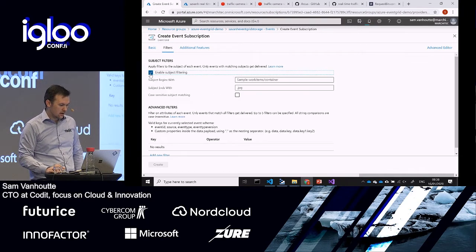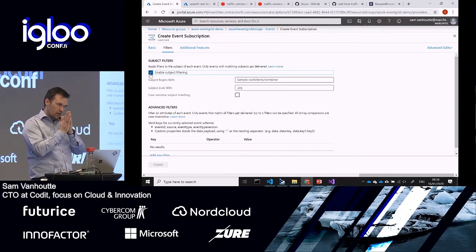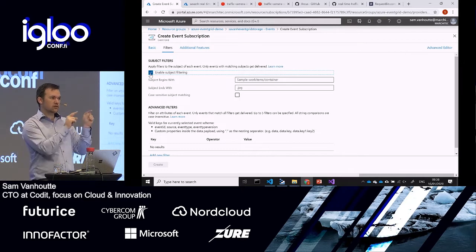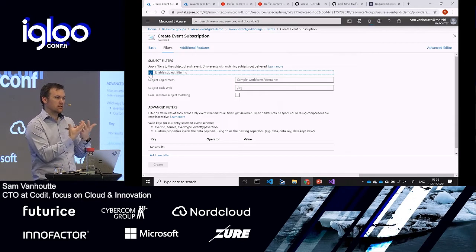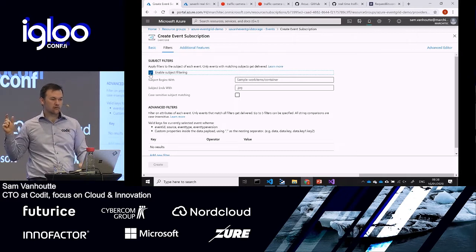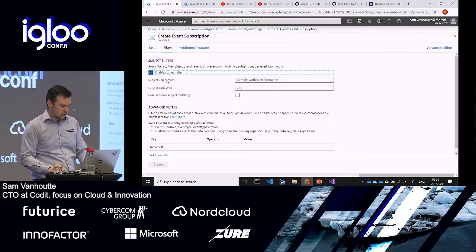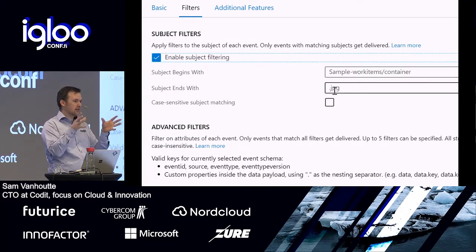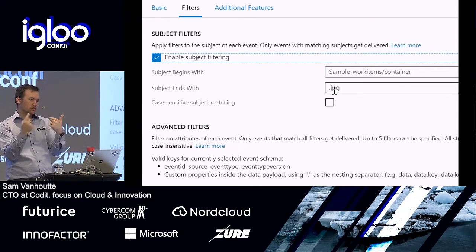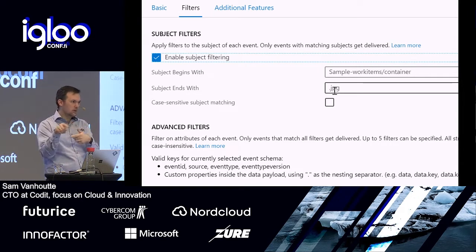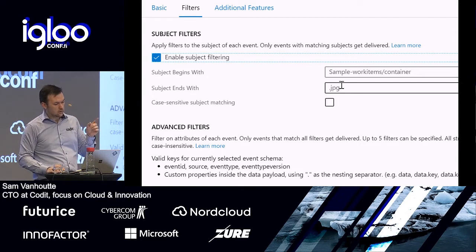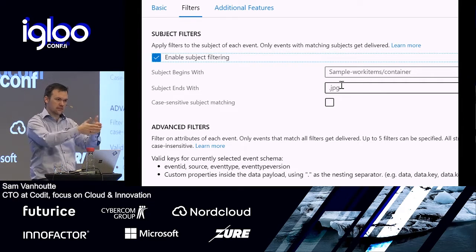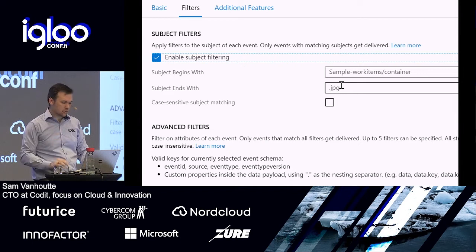If you think back about how the schema was looking like, it always contained a subject, and the subject refers to the actual originating publisher. Like in this case, you would get the blob file name. And you could say, the subject has to end with, for example, .jpeg, and you would have a handler that only handles the JPEGs. Maybe you have another one to do image transformation on the PNGs and so on. You can also say you want the subject filter to do starts with, because there you have the container, for example. So that's how you can do very simple subject filtering.